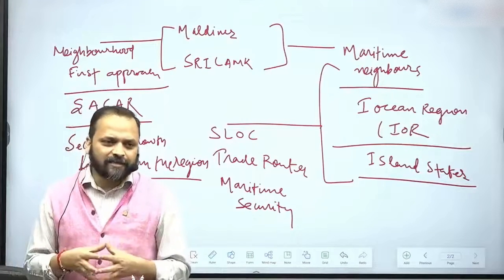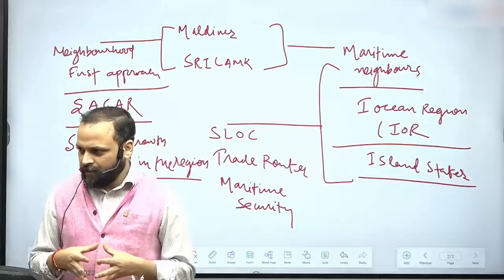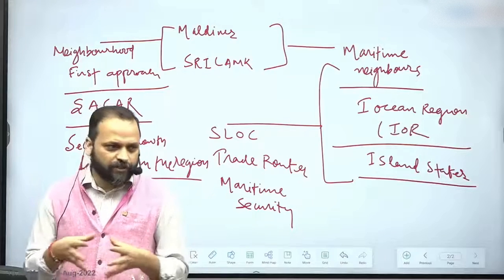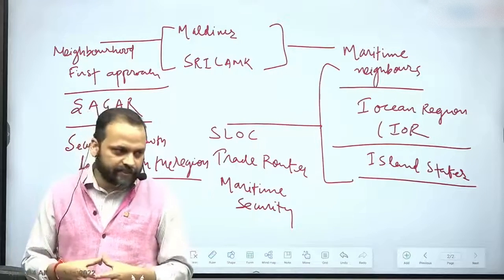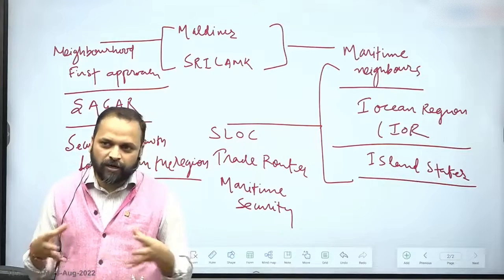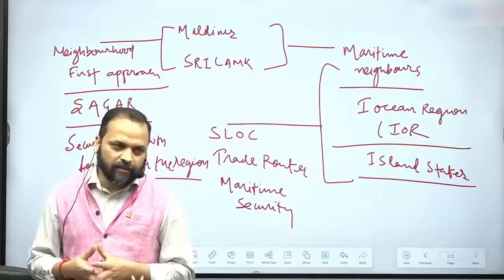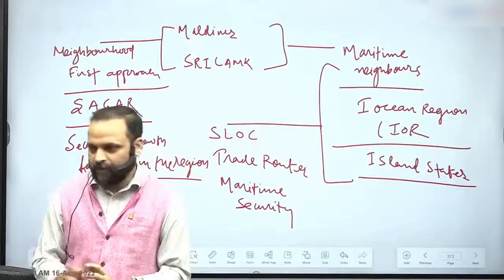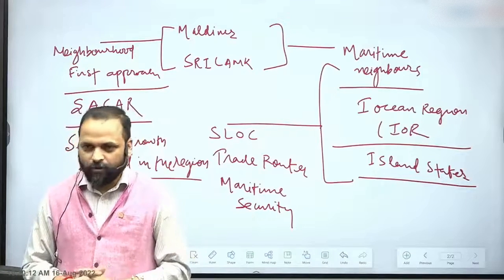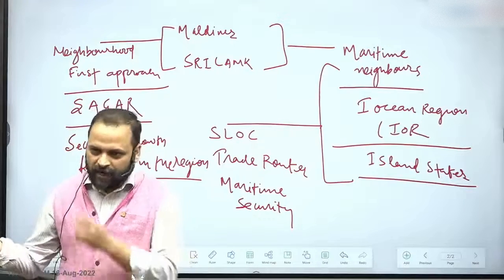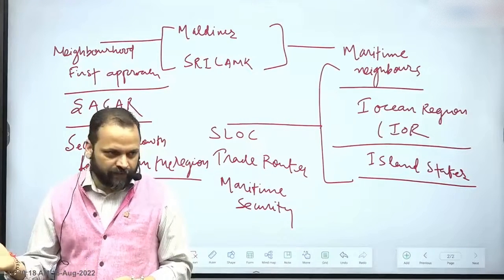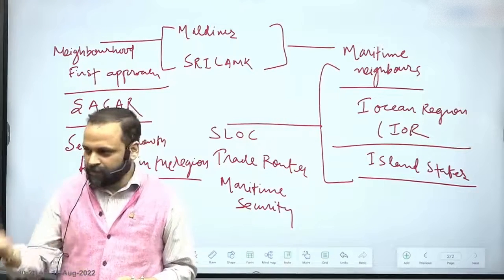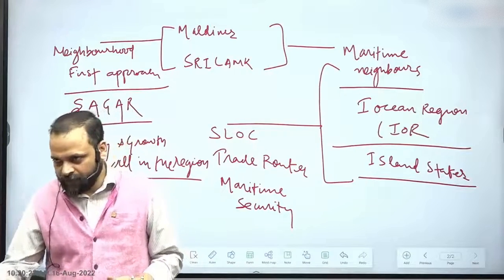So generally this is a traditional way of thinking. What are the domains of power projection? What are the domains through which generally trade passes? So how should countries be thinking about their defense preparedness, either on the land or on the oceans? So whenever we talked about land-based countries, we talked about a long shared border. That is a matter of sensitivity from the perspective of security, from the perspective of defense.